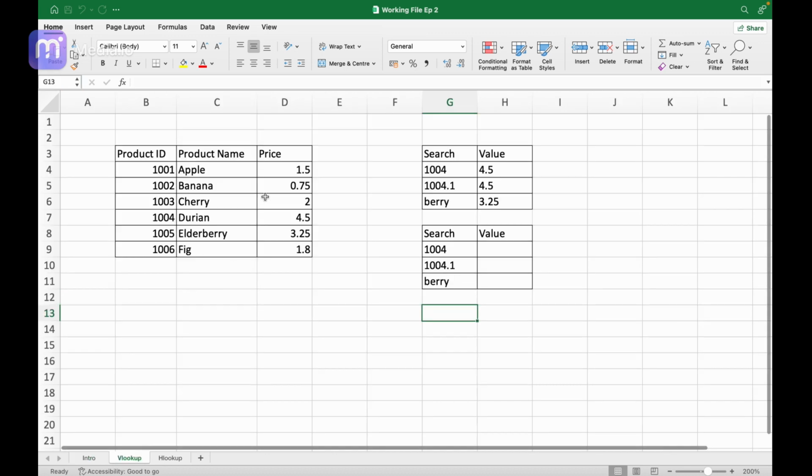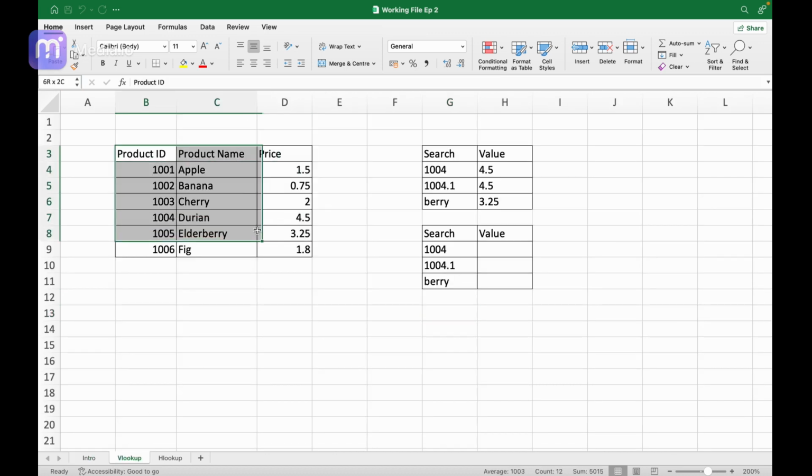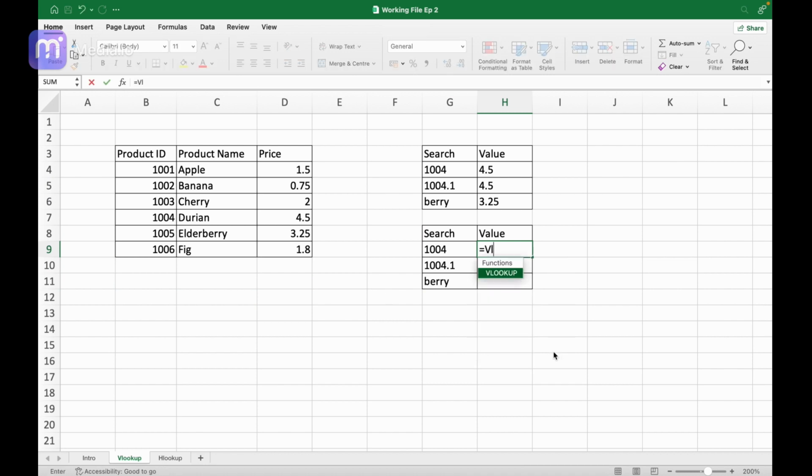So the first function is the VLOOKUP function. Here you can see that I have a data set in which I have some product ID, product name and price, and I have to search values like this. If I want to search this value, I can use VLOOKUP because my data is currently in the vertical state. Now if you want to apply VLOOKUP over here, you can simply type equal VLOOKUP